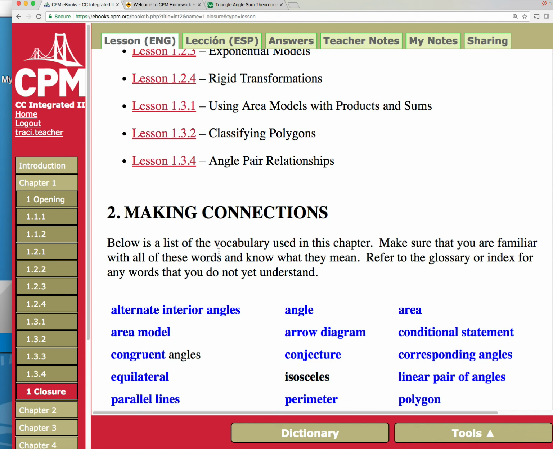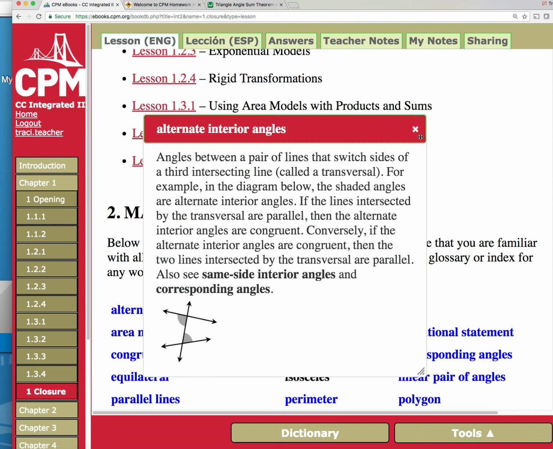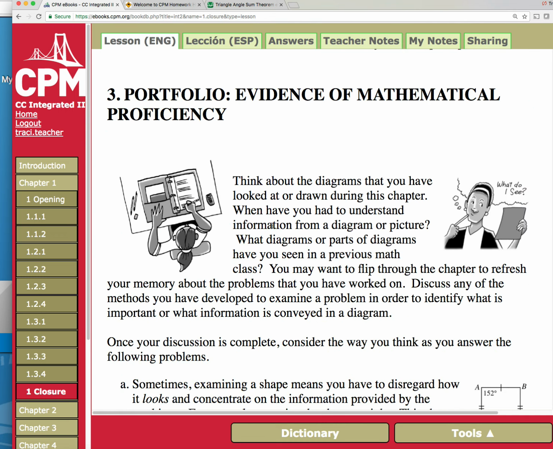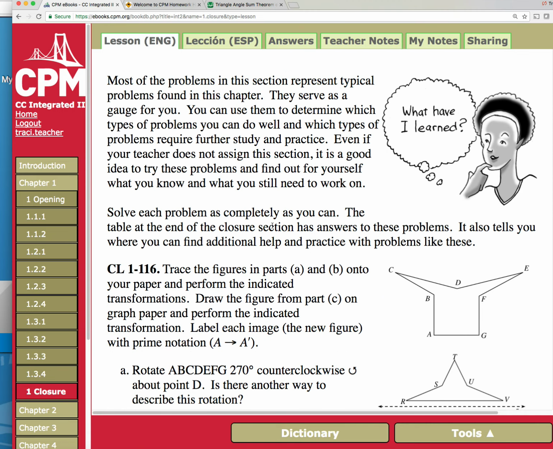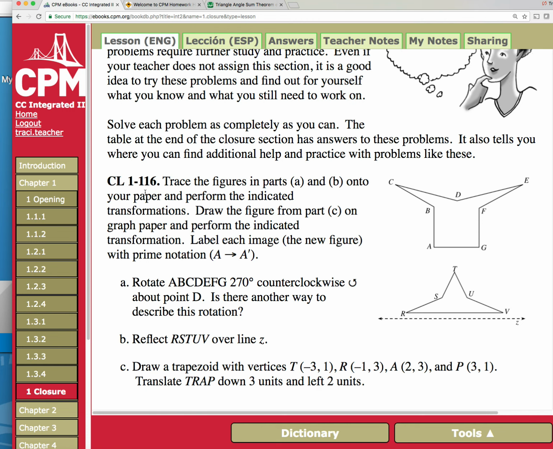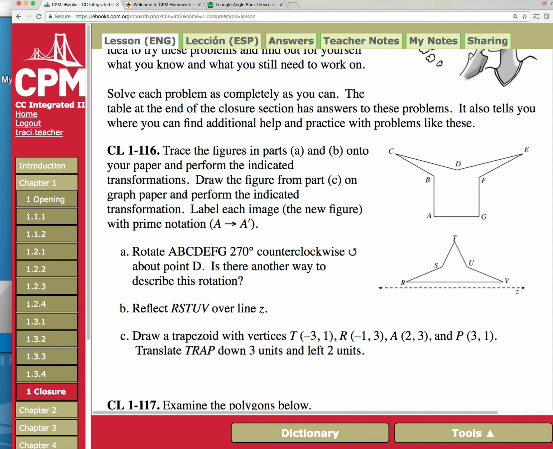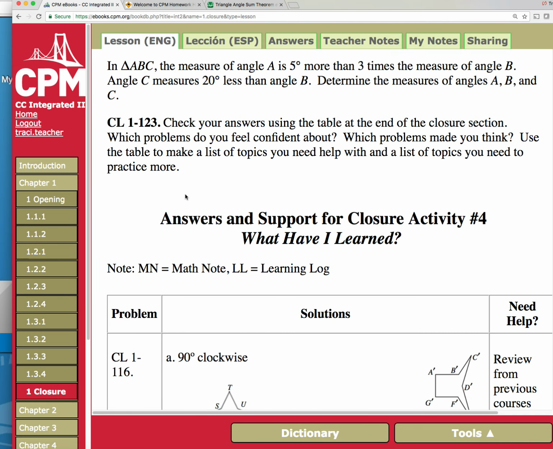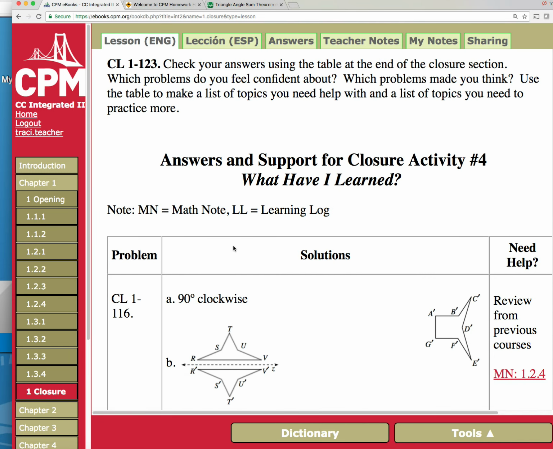And then making connections, so these are all the vocabulary words, and again you can just click on them and they'll give you a definition and oftentimes a picture. And right here is what I really want you to look at: the closure problems. This is like a practice test. So these are closure problems that have to do with the chapter. They'll give you some problems here. In addition, there are ways for you to check your answers right here